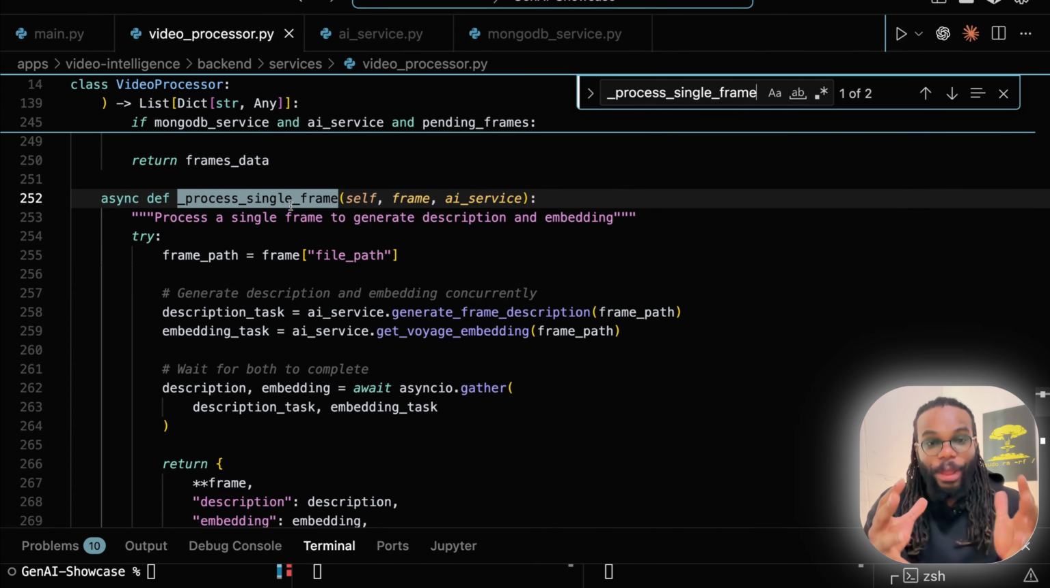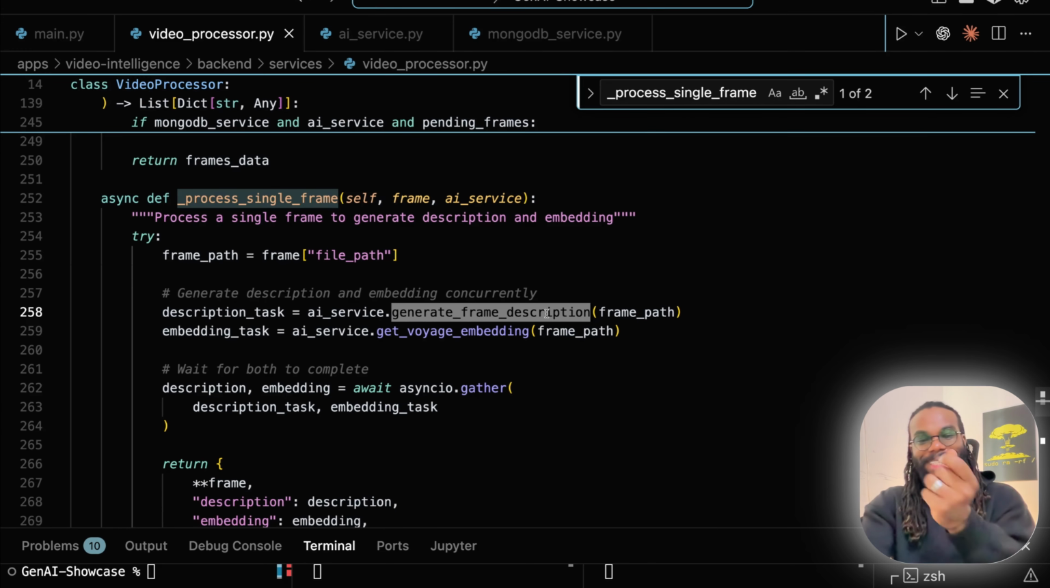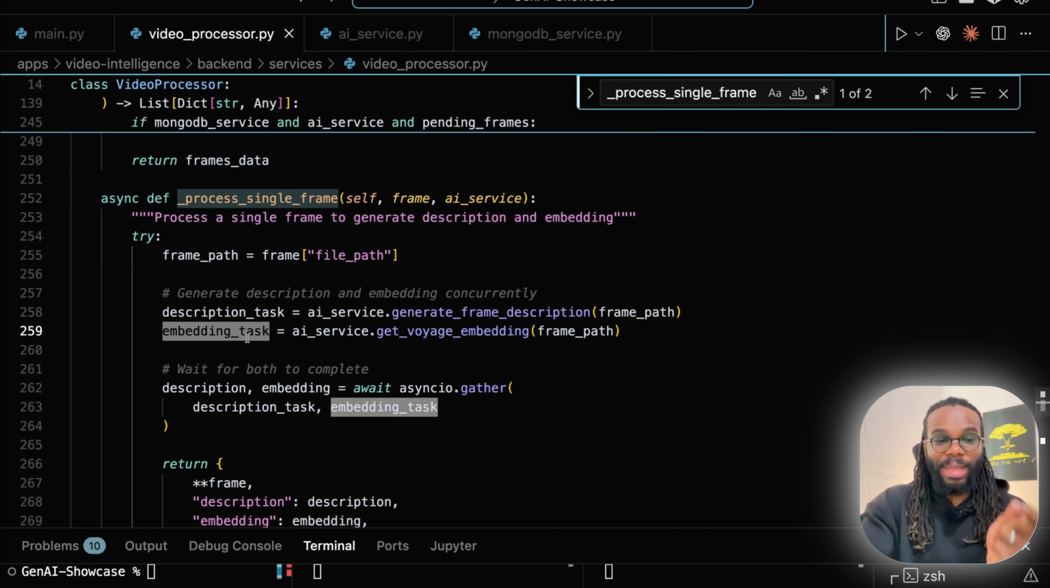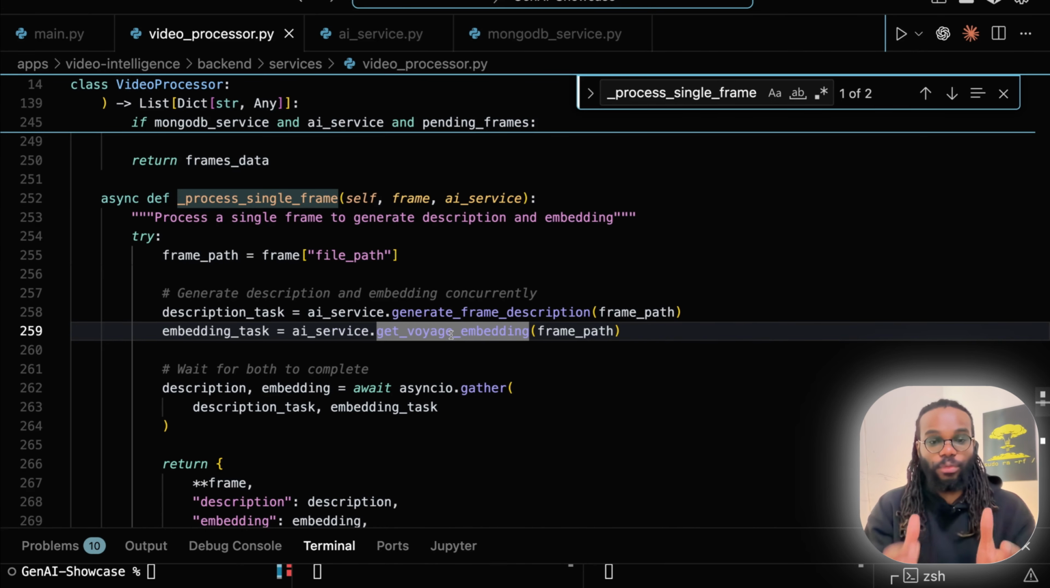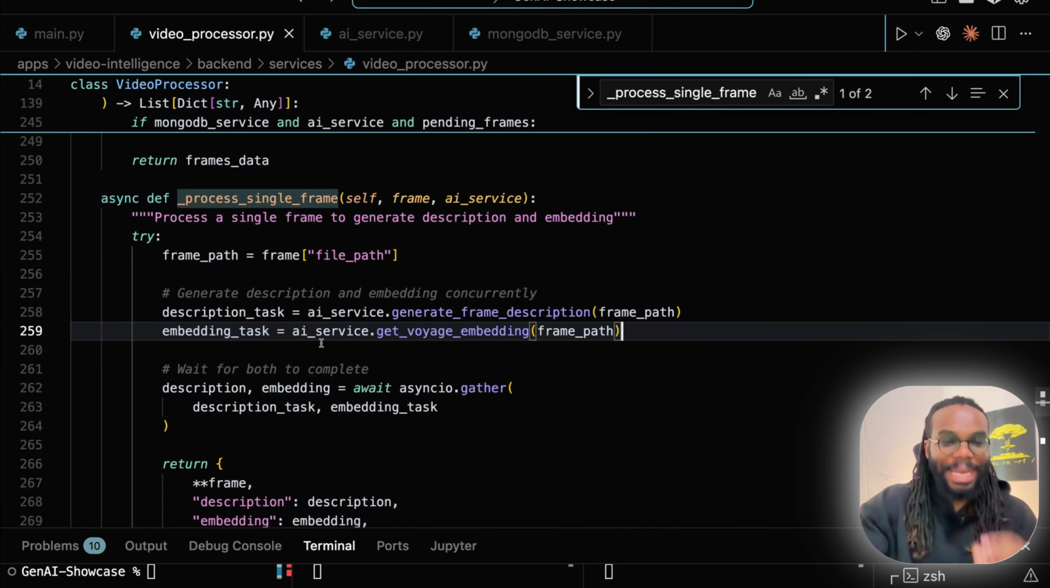For every frame we get, we're going to do one thing, which is we're going to generate a frame description. And this is using the OpenAI API. We're generating a frame description because that allows us to conduct text search, right? And one thing I'm also doing is generating an embedding of the actual frame using Voyage AI embedding. So let's go into the AI service, because this is really where the